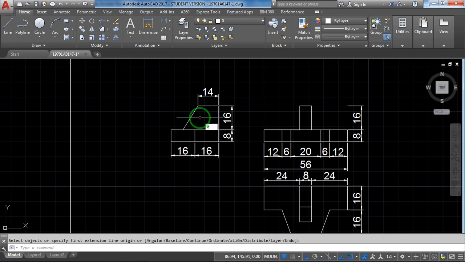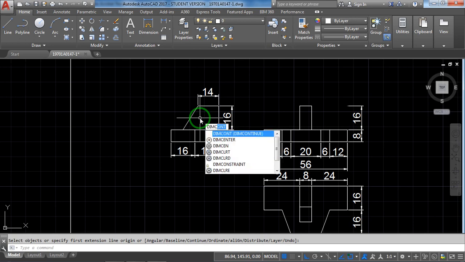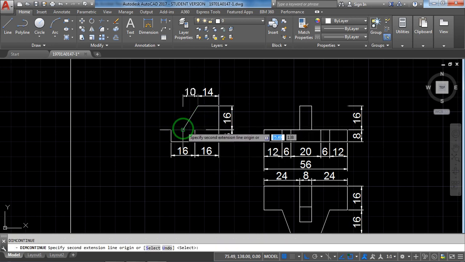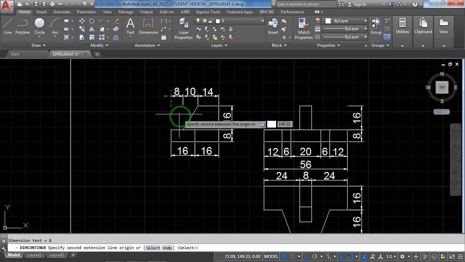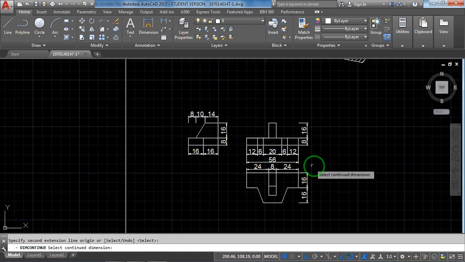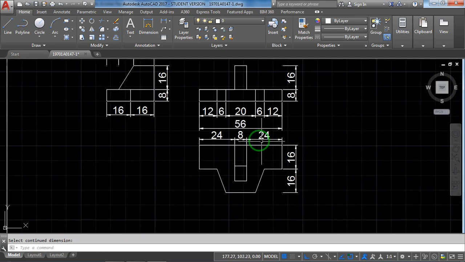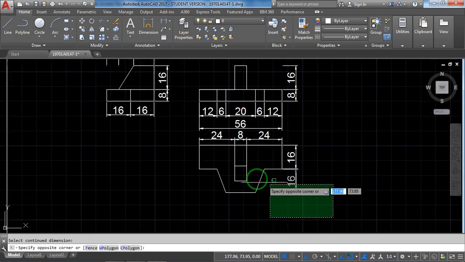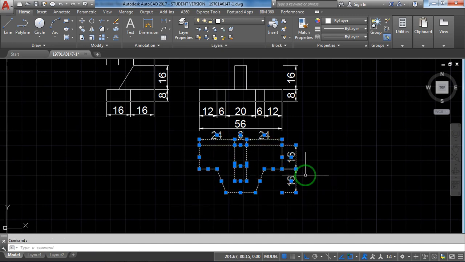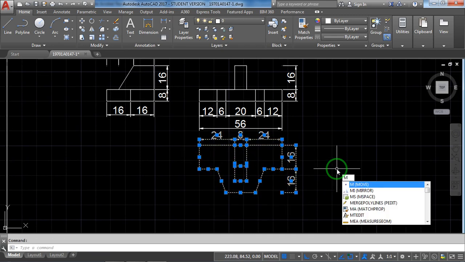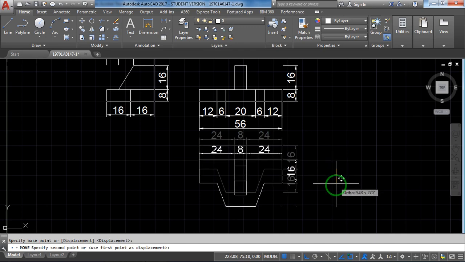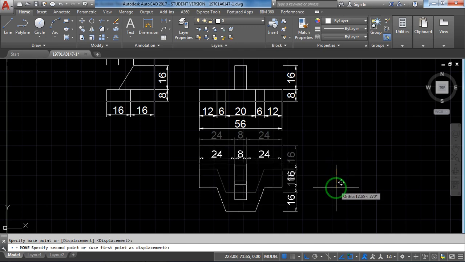Same, I'm using dimension continue from here to here, from here to here. See, this is the total. If you are not making any difference here, just select this, move command, pull down.